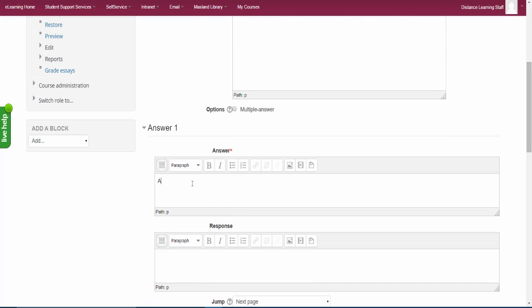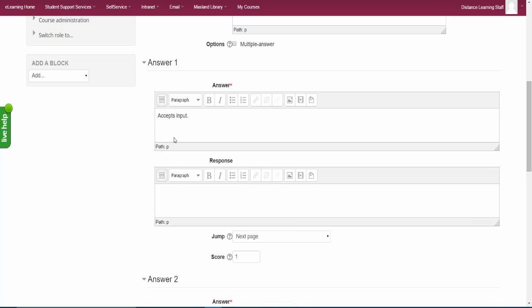So we say accepts input. And then, if the student chose that answer, you could give them an automated response. And this is, by the way, highly recommended that you do when you're configuring those quizzes. So you could say, that is correct. However,